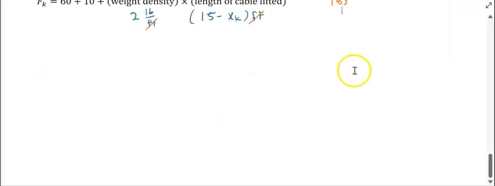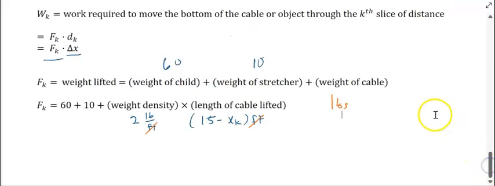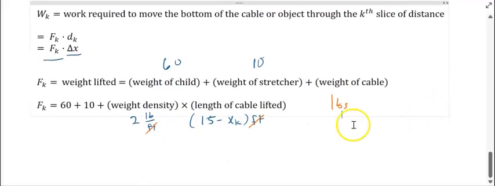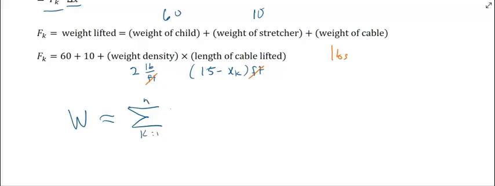Okay, so now we need to go through and write out what the Riemann sum is going to be. And we're in pretty good shape here because we've got the force. We know from before it was going to be F sub k times delta x. All right, so we're going to write out our sum next. So the work done is going to be approximately the sum of the individual works done over each subinterval. And that's force times distance. All right, and this is going to equal,